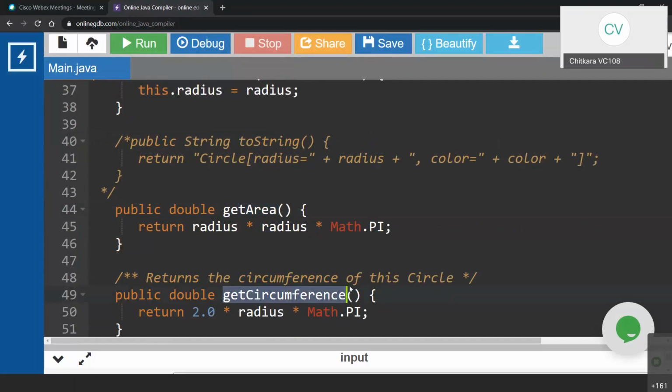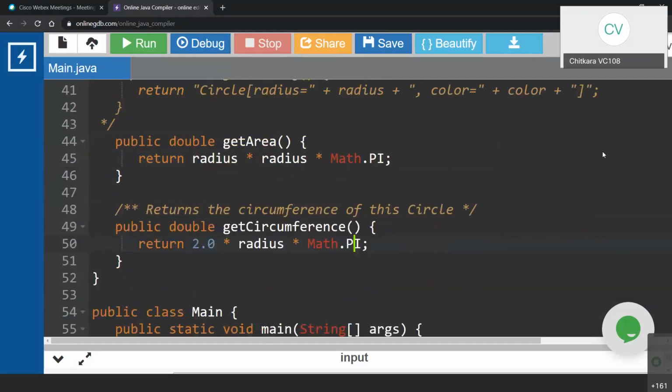How do I refer to pi? By using Math.pi. So what is Math? A class. What is pi? A static constant which has been assigned the value 3.14. Done? Understood? Now,